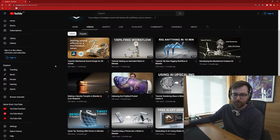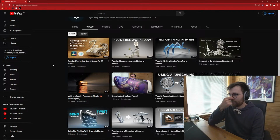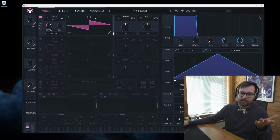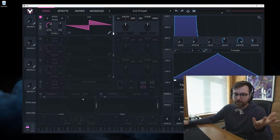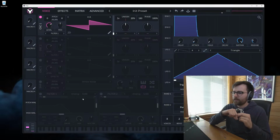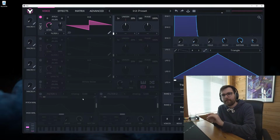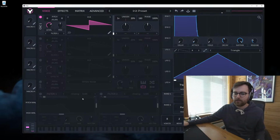Do you have FL Studio on your computer? Yes, I do actually, but I have recently converted to Reason. So when I was going to learn how to record from this synth, I started out with Ableton, and that wasn't for me. And then I was like, I'm gonna do Reason, and then I was like, no, let's check out the FL Studio instead. And now I'm back to Reason again. So yeah, perhaps